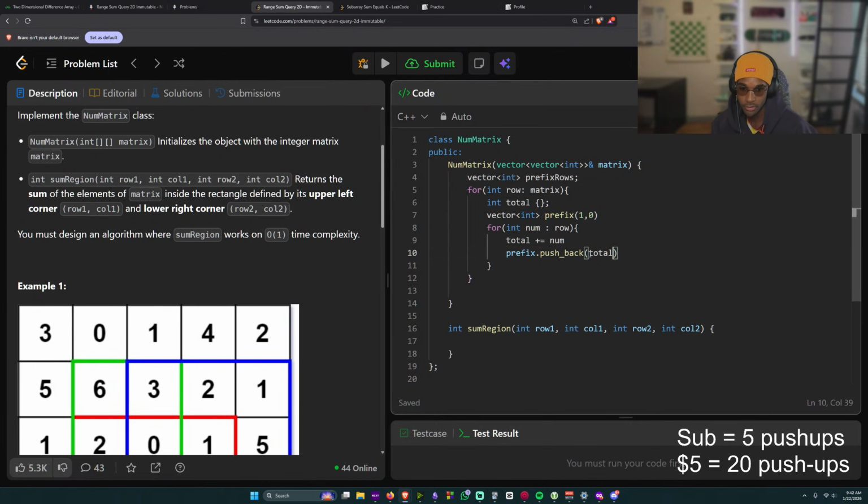That's total. So it should make a prefix sum of each row.